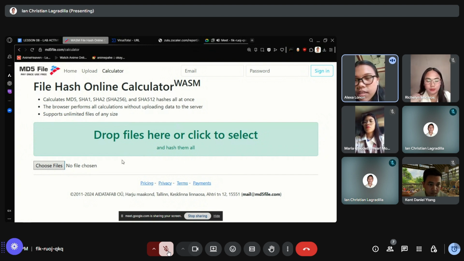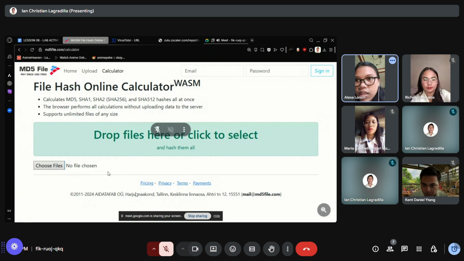What is it used for? File integrity, to make sure a file hasn't been changed or tampered with. If even one letter in the file changes, the MD5 hash will change too. Cybersecurity: security tools use MD5 hashes to identify known malware.